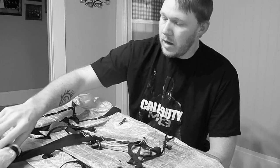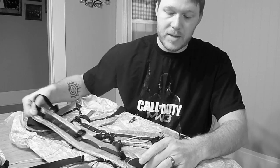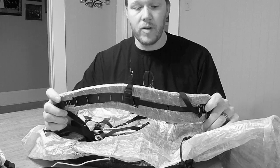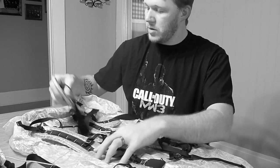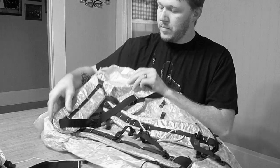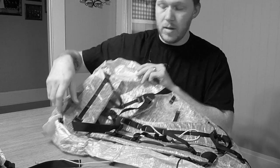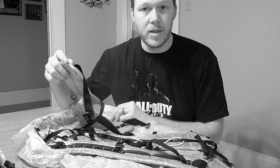So real quick, of course, the new features of the pack were both the shoulder straps and the hip belts. If you'll notice, the shoulder straps now are more of a curved shape. They're like an S shape almost. And the hip belts are just a little bit different too. On the older ones, it was actually wide at the top, and as it went down it kind of tapered, whereas these are the same width all the way across, and actually the padding on these extends just a little